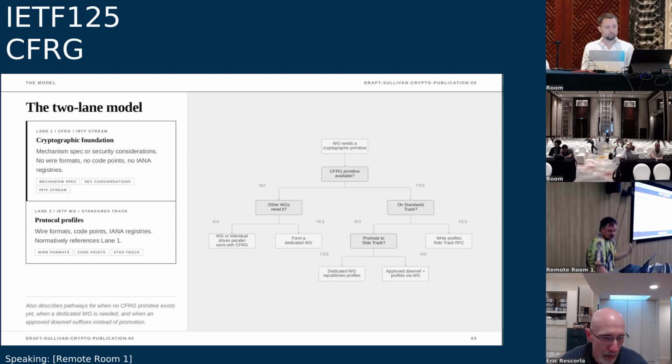CFRG hasn't said anything about the primitive, and then it would go down to the other path where this individual will drive either CFRG adopting an analysis of multiple things, or, if that's not on the table, if there's not enough interest in comparing comparable PQ things,